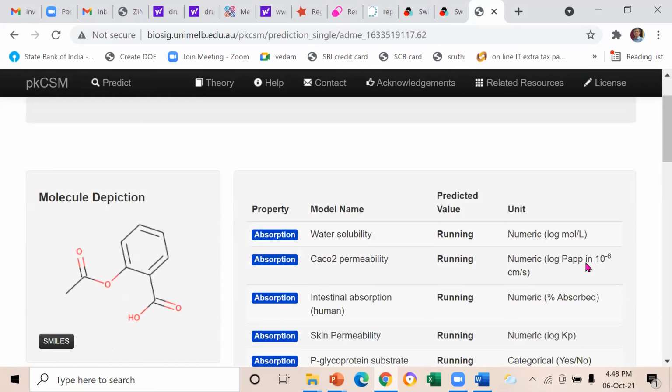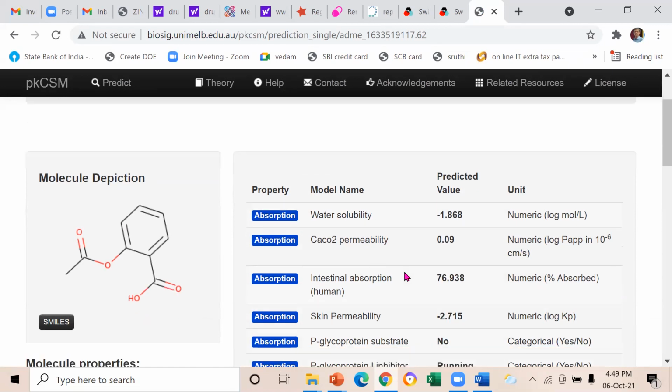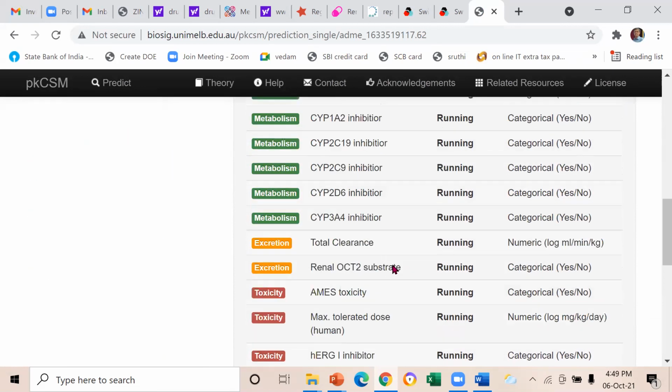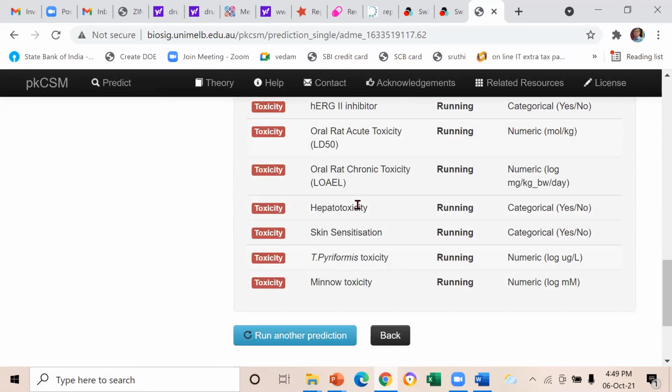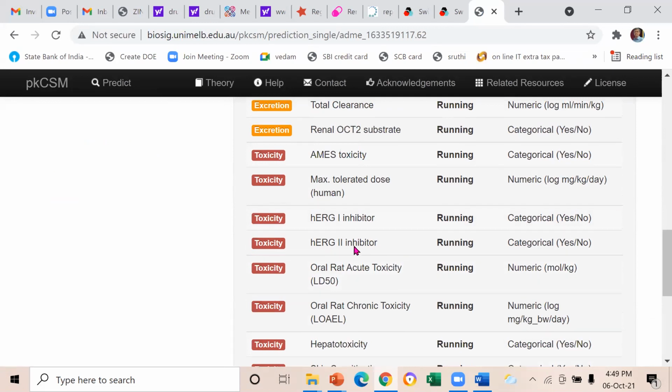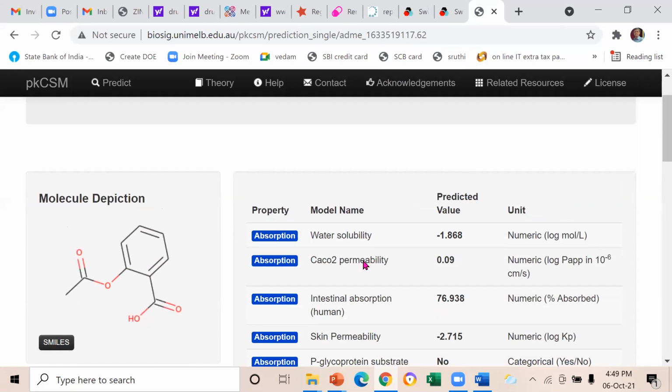Yeah, so this is another software which gives you a lot of toxicity information. And Caco-2 is the cell line which is found in the stomach epithelial cell. So it's a measure of permeability of any drug through that Caco-2 cell line. It's running. It gives you a lot of information about metabolism, toxicity, skin sensitization, hepatotoxicity, oral rat toxicity. This is related to the cardiac beat. So many types of information this also gives. So there are many software. These two are very good software, Swiss ADME and this particular pkCSM.